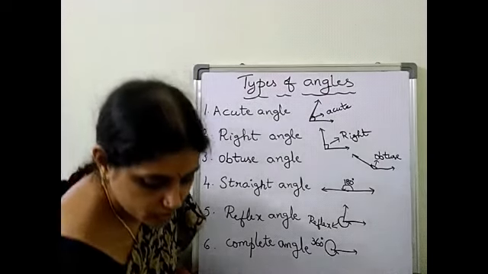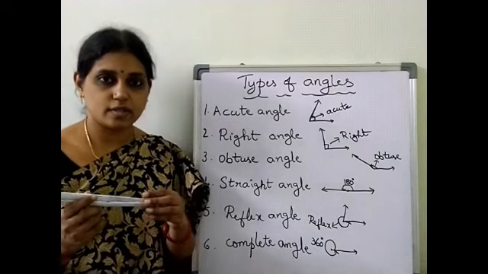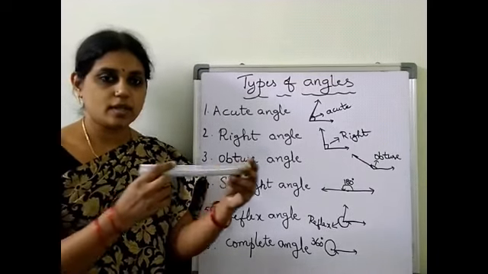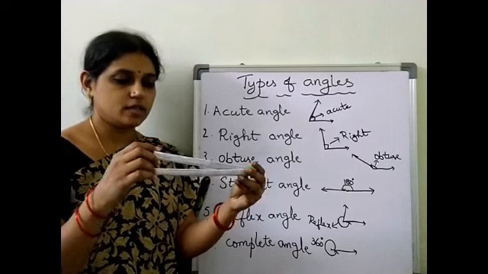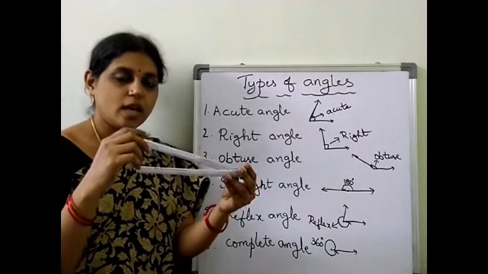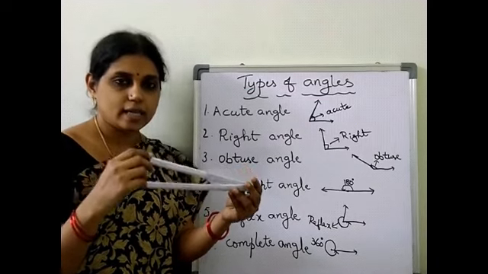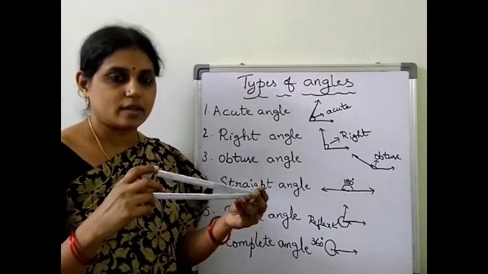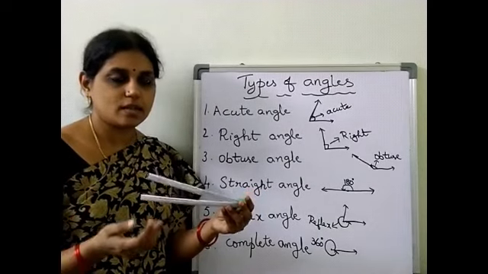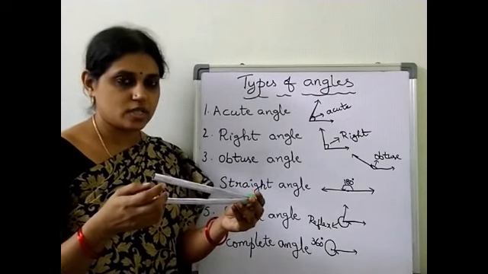Understood, children? These are the different types of angles. So just I want to show like this. Actually zero angle also we can say. Here this is a zero angle, we can say. Here no angle is there. So angle means the amount of rotation, like that also we can take. Okay, and an angle can be measured using a protractor, and an angle can also be constructed using a protractor. All these you know, and the unit is degree, to measure the angle.